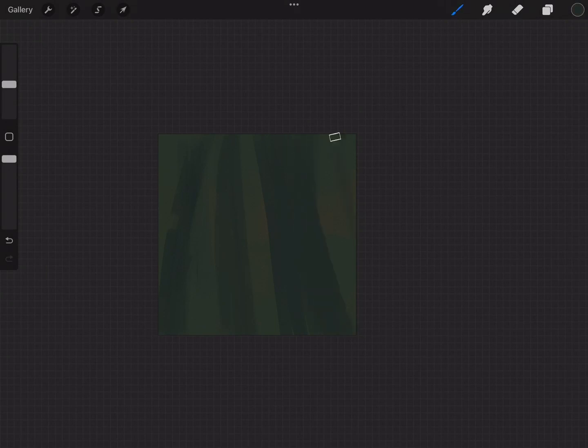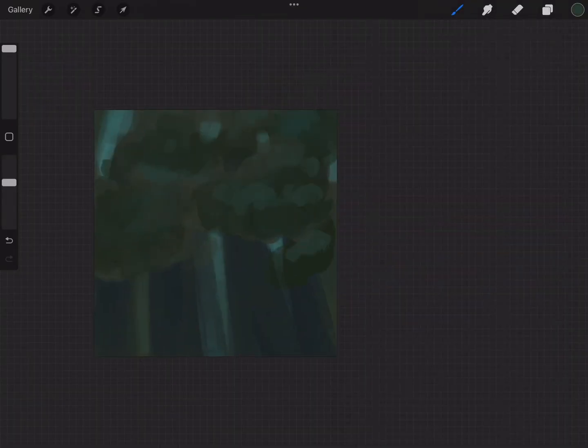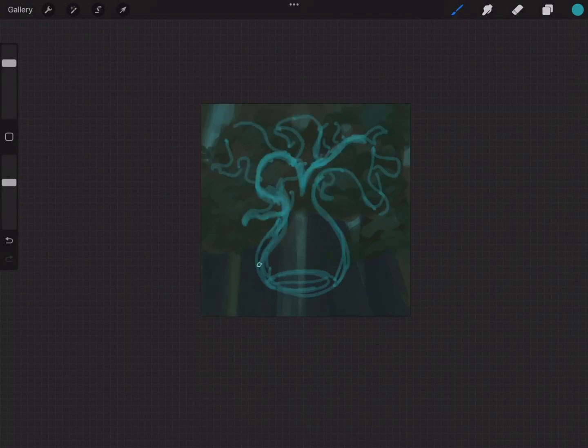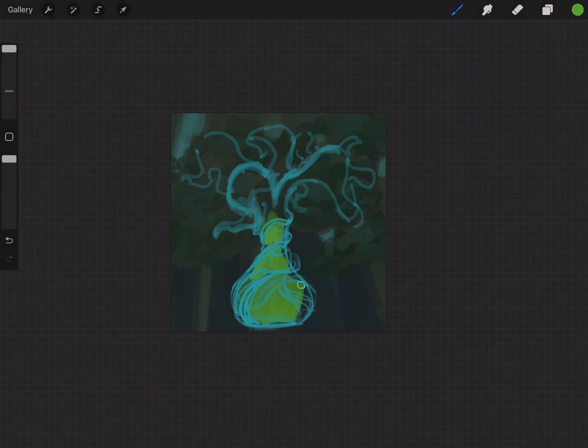Okay, so for this piece I have a color scheme already established. I picked out the colors ahead of time and created a little palette. Procreate has a section where you can select your colors and make a palette so that you can just pick from those colors throughout the painting. And the color scheme was an analogous color scheme, so I picked blues and greens and purples to go together. And I just start off with no sketch, just the painting, so I do a rough